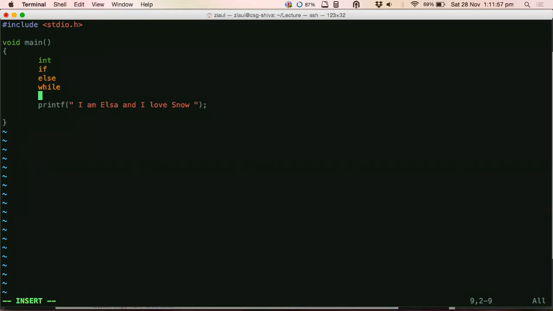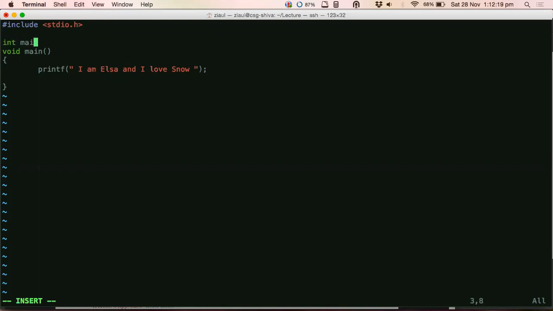See, int and void have something to do with the return type. Whenever you execute a function, you would want something out of that. Let's say you execute a function which calculates the sum of two numbers. You would require the sum as an output from the function, right? So that's why you say int and then the name of the function.